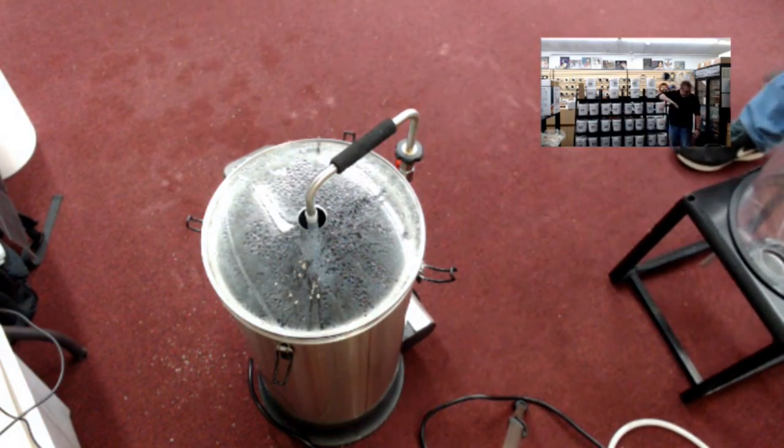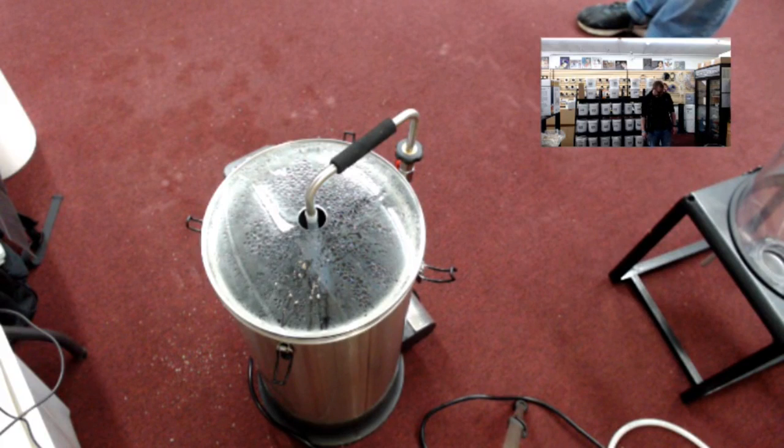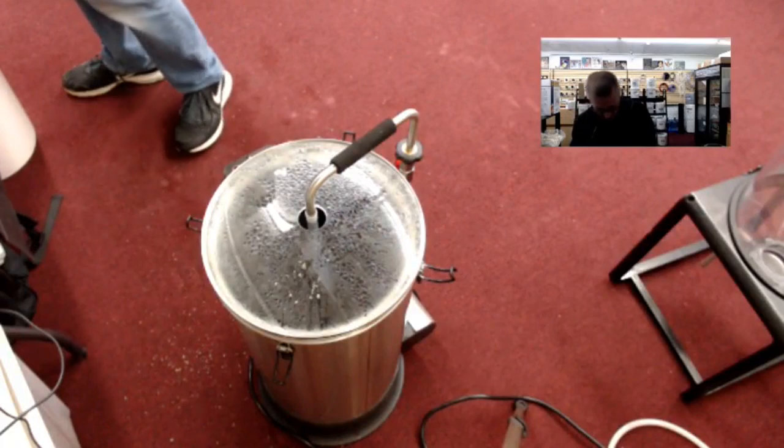So I wipe it down with the soft side of a sponge afterwards, and then I'll throw it in the dishwasher. And I love the fact that they made it for mason jars too, because I have mason jars at the house, so I don't have to buy a second one. And if you damage it or lose it or whatever,